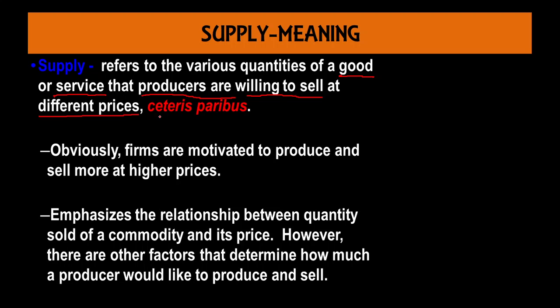But here one thing to note, you must keep in mind, dear students, that is the ceteris paribus assumption, means other things remaining constant. जो प्राइस के अलावा बाकी फैक्टर्स होते हैं सप्लाई के, वो चीज़ें हम ये अज्यूम कर लेते हैं कि वो चेंज नहीं हो रहा है, वो कांस्टेंट है. फिर हम देखते हैं कि at different prices what will be the supply, or what quantity the producers are willing to sell to the customers. That is the meaning of supply.